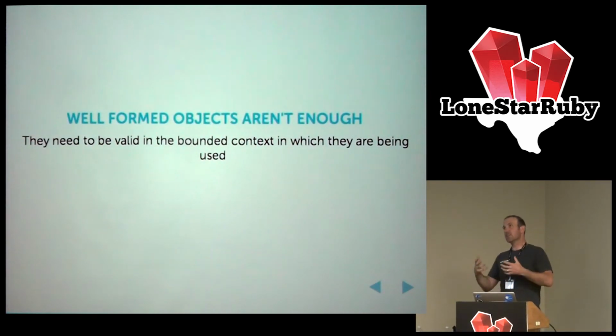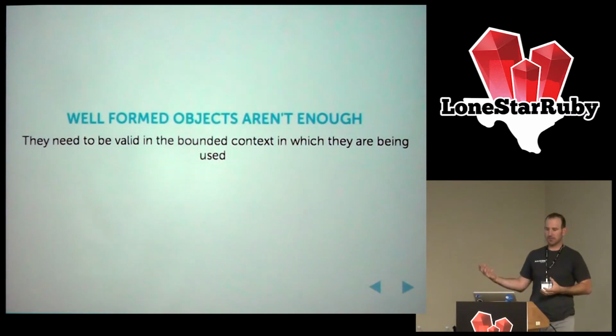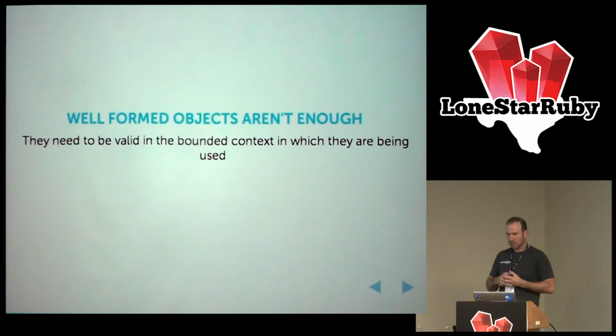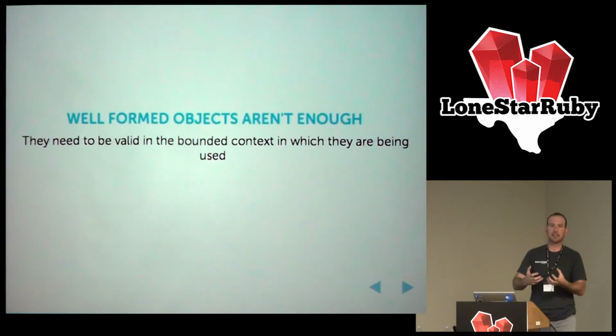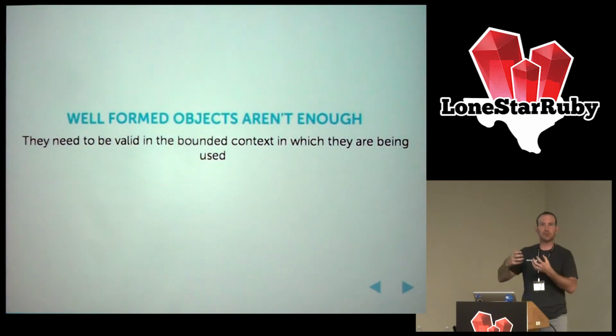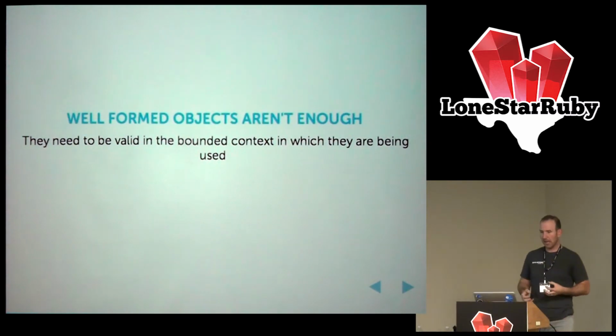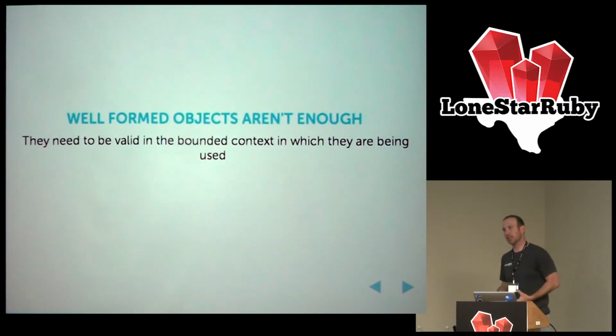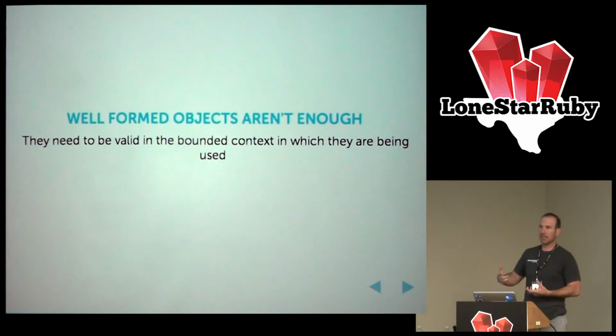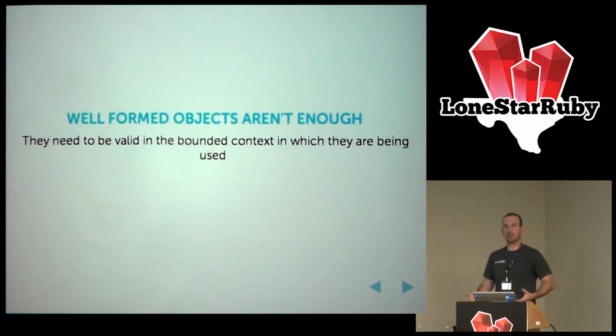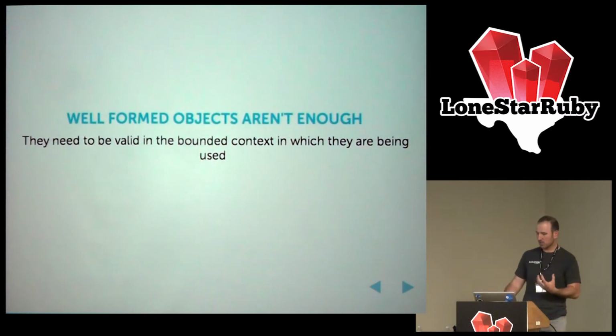So anyhow, it's not enough just to have decoded objects. They have to be valid. This is why I talked about decoding and validation. Decoding is an existential problem. Like, can I actually get this thing into a representation in memory that I can use? But then once you've answered that question, yes or no, then you need to say, can I even use this? Does it make sense to use that? And that's what validity is.